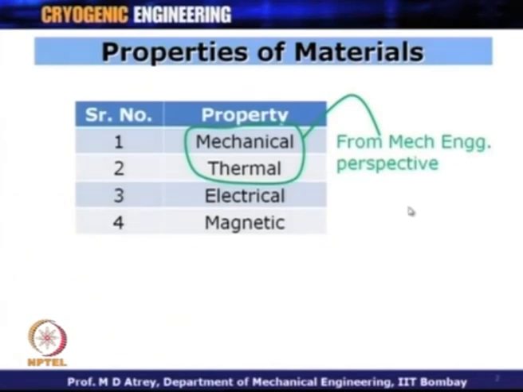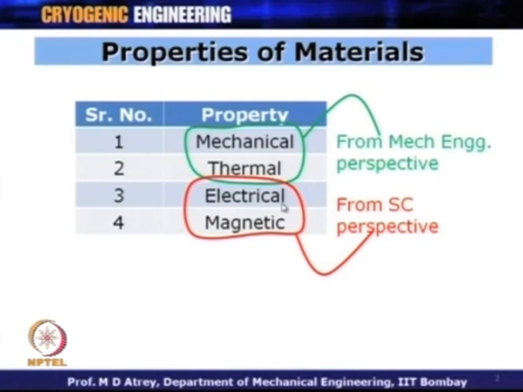The first 2 properties, the mechanical and the thermal properties, are very important for you. When I say you, means the students of mechanical engineering. At the same time, electrical properties are also important, but these properties, the electrical properties and the magnetic properties, I am going to cover under the section of superconductivity, because superconductivity is a very important aspect of cryogenics. In fact, cryogenics is the cause and the superconductivity is the effect. And here I will cover some basics of superconductivity under the section of electrical and magnetic properties at low temperature